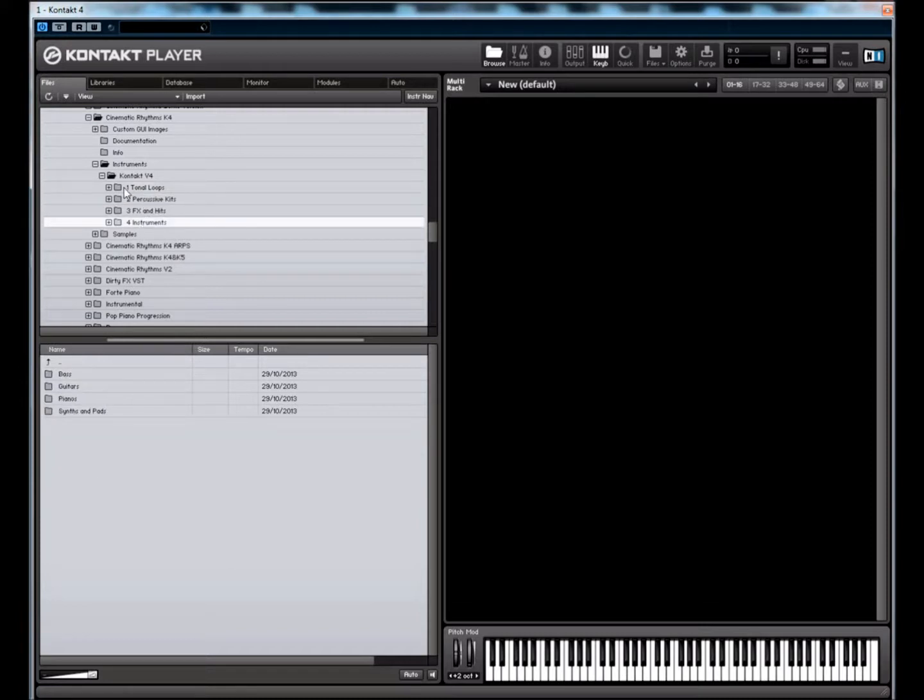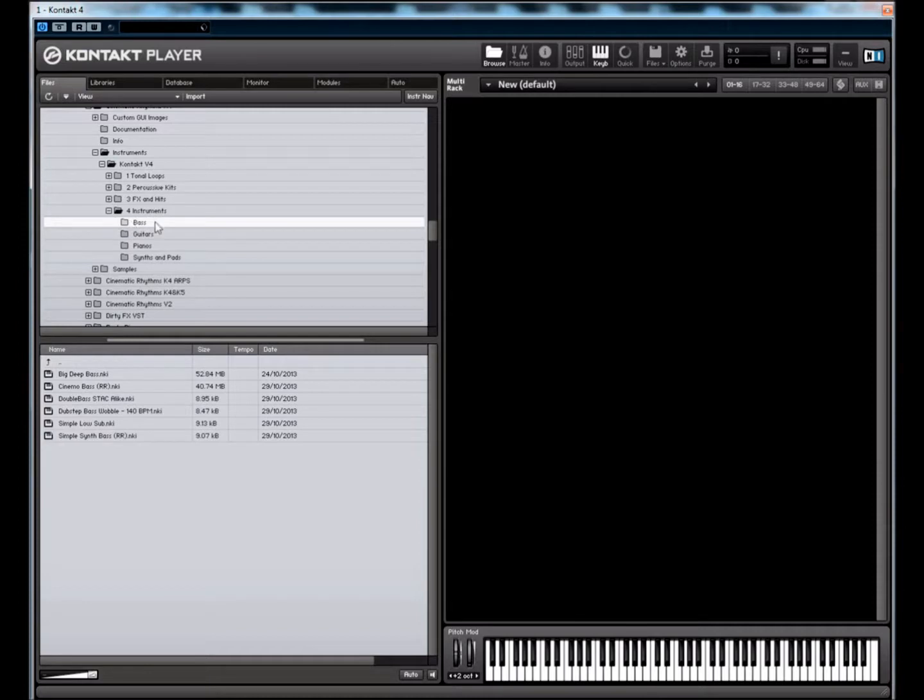That's why I've created them. I created them personally for myself, for my use of compositions, but I also wanted to give them out for a little while to sell. Okay, we've got the instruments, which include 4 subcategories, which are basically splitting up the instruments into specific parts of